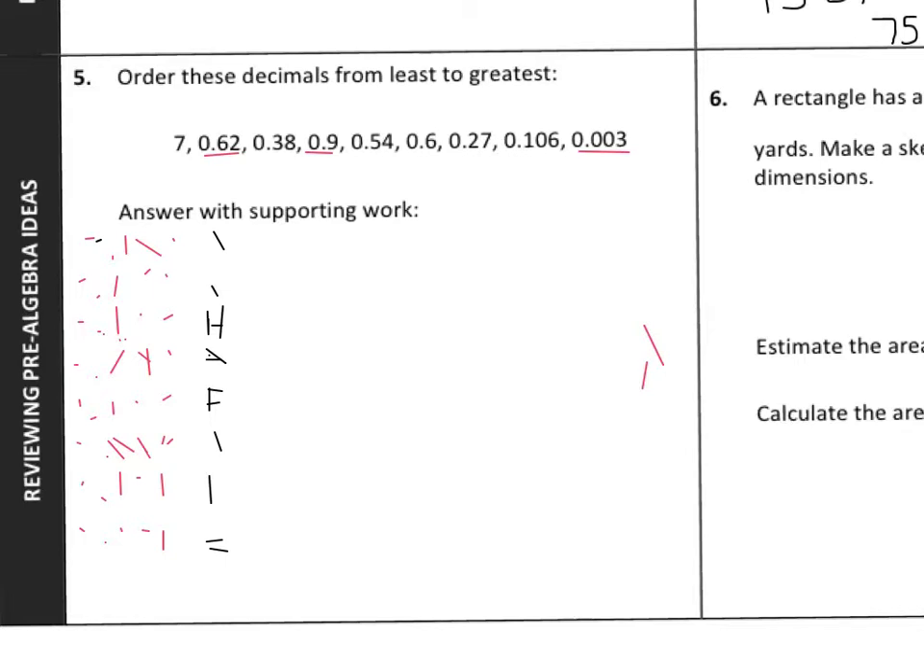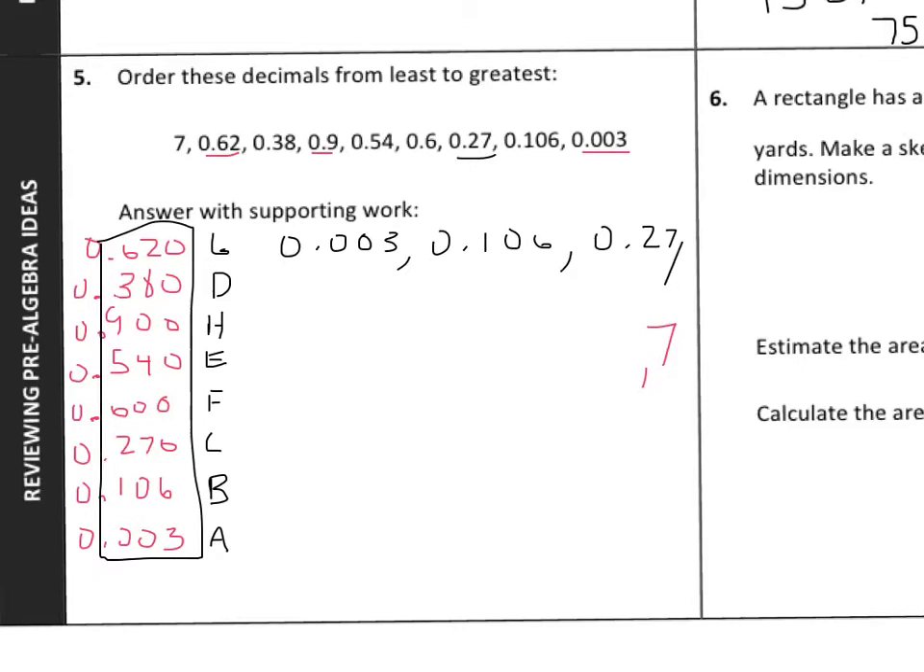So now I'm going to look at A. I'm going to list A first. So A is 0.003, that's the smallest. And then 0.106, that's the next smallest. And then 0.270, which is actually, as it's listed, just 0.27, so I'm just going to write 0.27 there. And then after 0.27, I go from A, B, C, I'm going to go to D now. That's 0.38, and then 0.54,